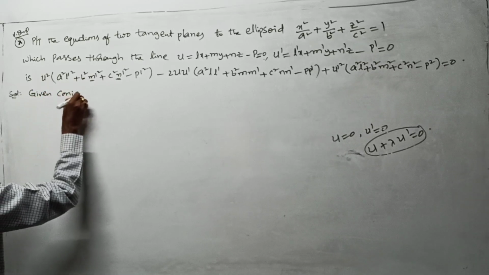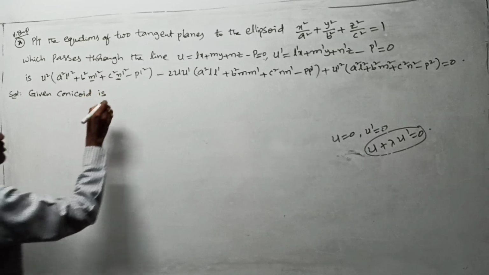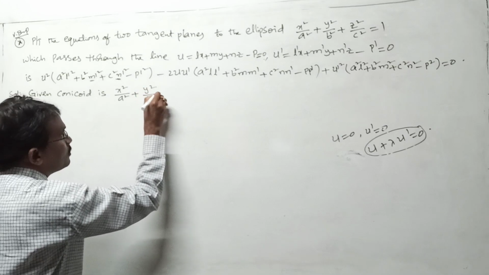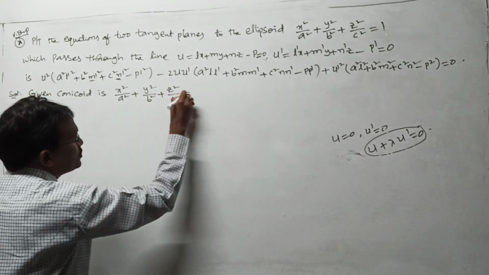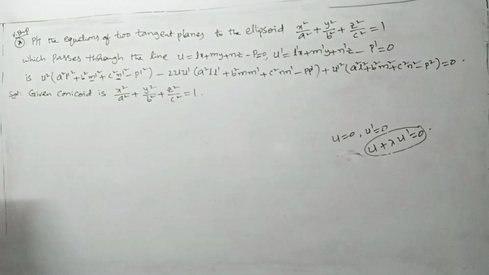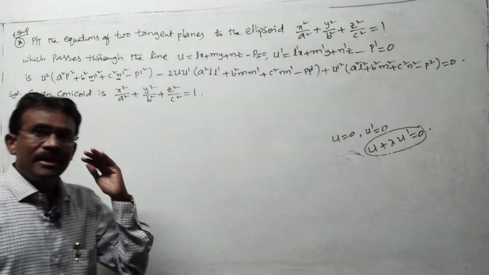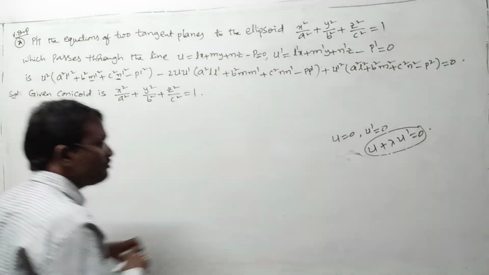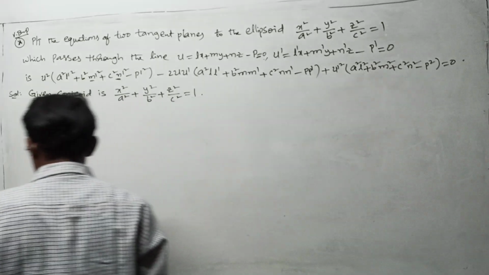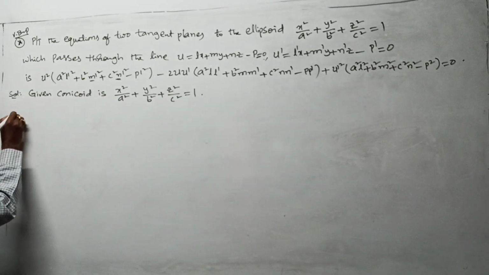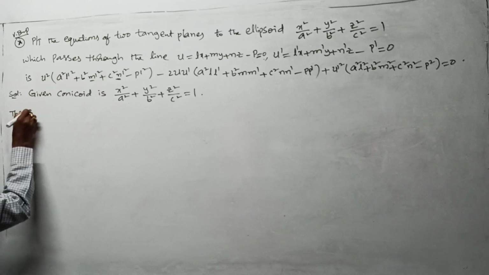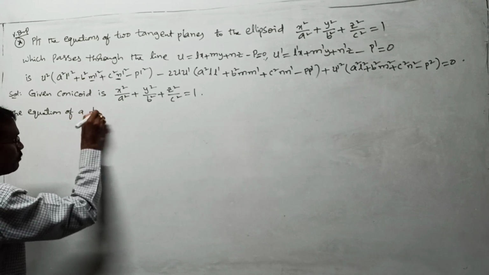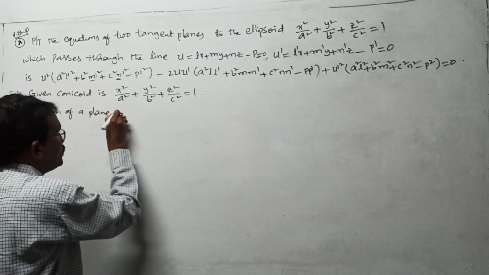Given conicoid is x square by a square plus y square by b square plus z square by c square is equal to 1. Right? This is the given one. Next, let us form a plane which passes through this line. Right? The equation of a plane passing through the line